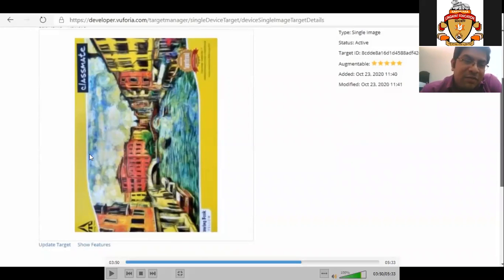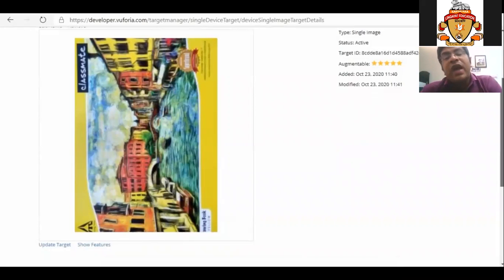So in this image, we can see this is a very asymmetric image. So we have to keep in mind that anytime we are using this particular AR application with our own marker, when we upload it, the augmentability rating should come as 4 or 5. Less than that is not a good target. If we are using an image which has an augmentability rating of 4 star or 5 star, then the computer will be able to detect it very easily. So we have to keep this in mind.